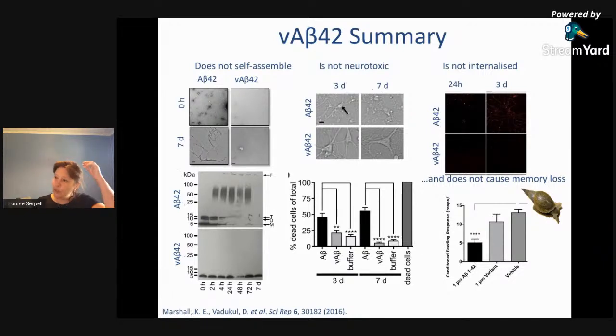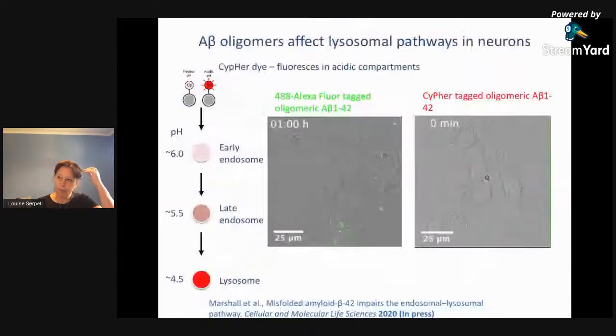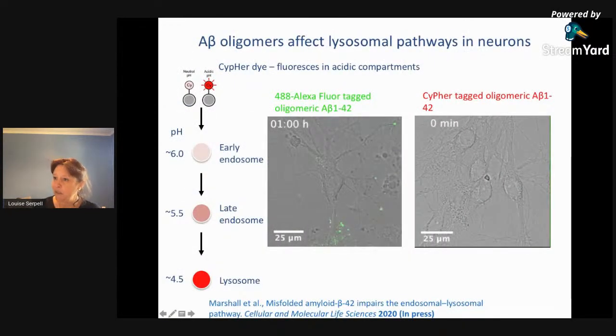So then we wanted to look at what happens to the amyloid beta. This is a little bit more technical. What we did now was to take the amyloid beta oligomers and to fluorescently label them with a particular dye. This is called Cypher, and it fluoresces in acidic compartments. So first of all, I want to show you